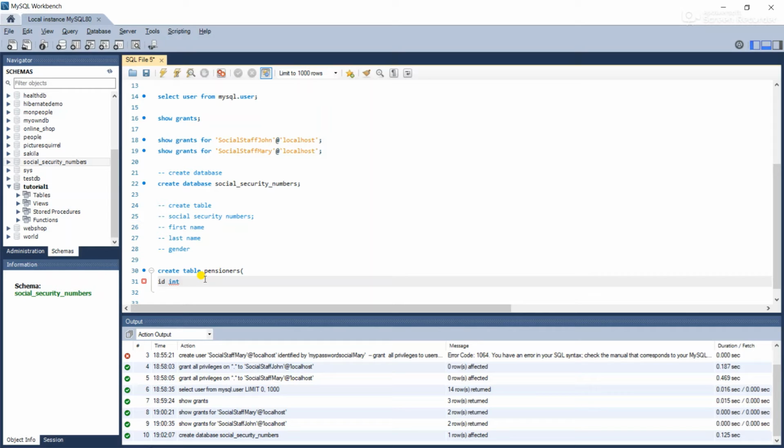So for the sake of this code film, what we'll do is make the ID the primary key, and later on we can also set an index on the social security number as well. But I wouldn't want to make the social security number the ID, the primary key, and the reason being